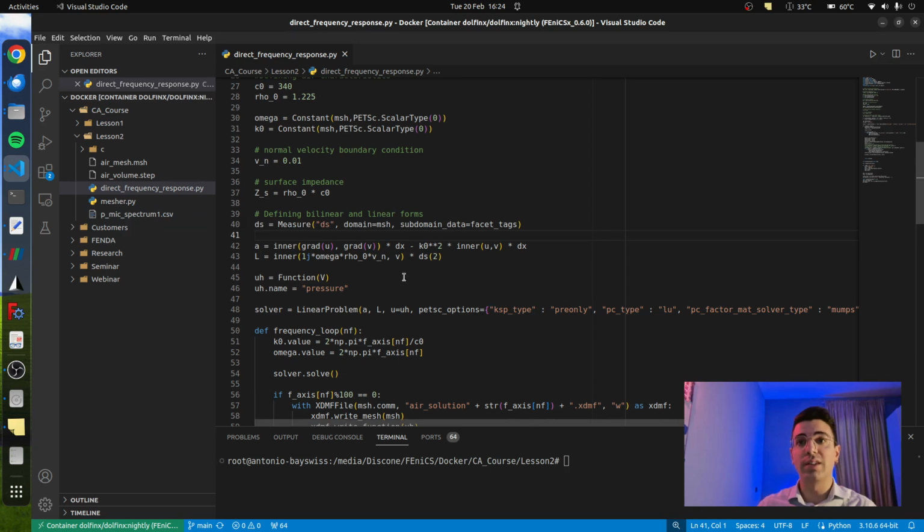So we are going to add a surface impedance boundary condition that for now will be constant in frequency, and its value will be rho 0 times c0, so the product between air density and air sound speed. If we want to add an impedance boundary condition, we have to add a surface integral here. So let's write it. It is plus